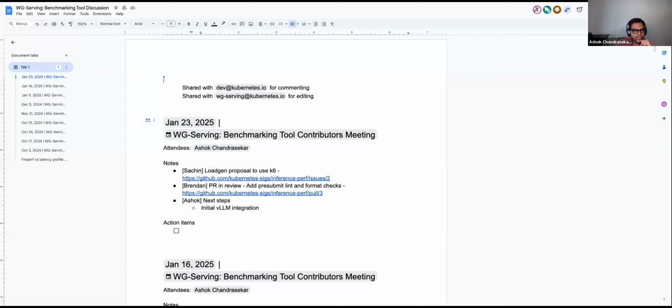Today we have a few topics. Let's go through those, and if you have more topics, feel free to add them below and we can discuss those. I think the first one was from Sachin, who had sent